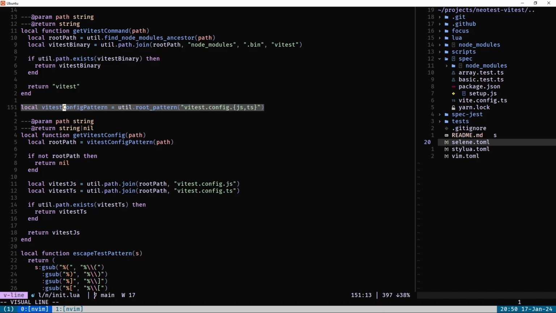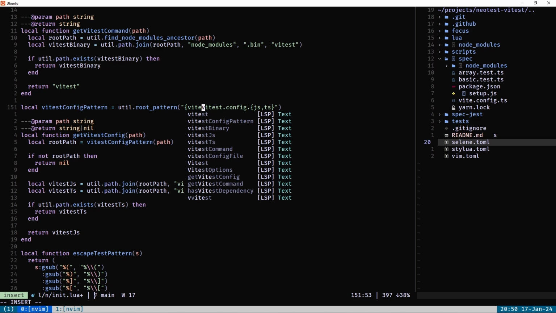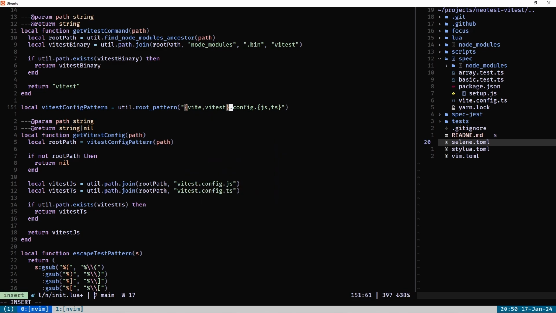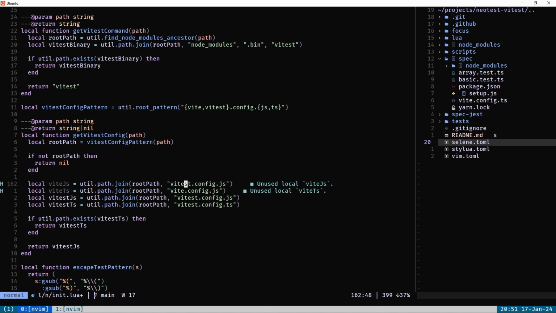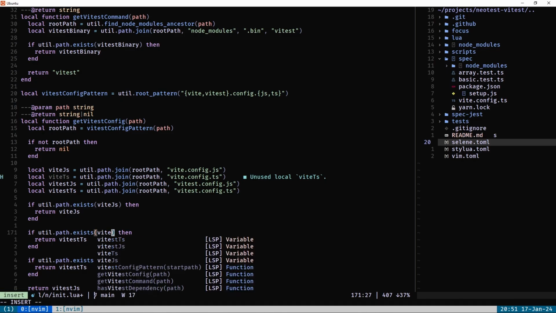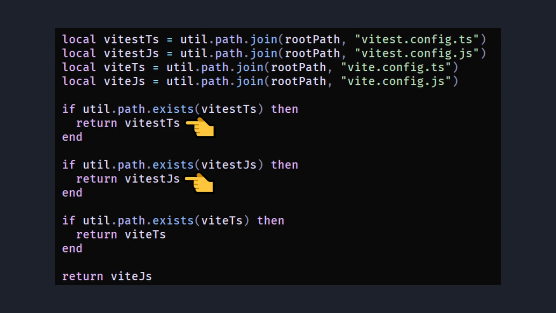I dug into the code. I was able to find where the vtest config was getting picked up. So I updated the glob to pick up the vt.config file in addition to the vtest config file. And I updated the following code to return the vt.config file if it was found. And back to our goal, we want to align with how vtest actually works. So following the precedence rules called out in the vtest docs, I adjusted the code so that the vtest config file takes precedence over the vt config file. So I went ahead and manually tested these changes and they worked. The vt config file was picked up.